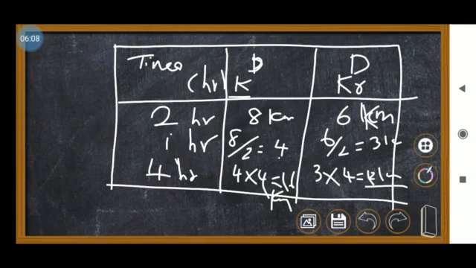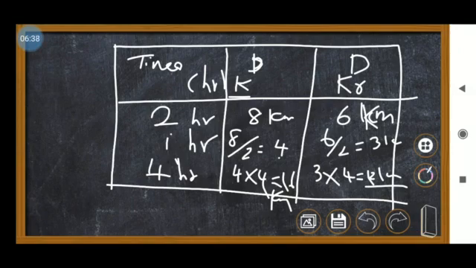Okay students, this is how we have to calculate. You have to know what we have to find. They gave the distance covered in 2 hours, but we first need to find how much they covered in 1 hour, then go to how much they covered in 4 hours. This kind of calculation is called the unitary method. When you solve a lot of problems, you can understand it in the best way.